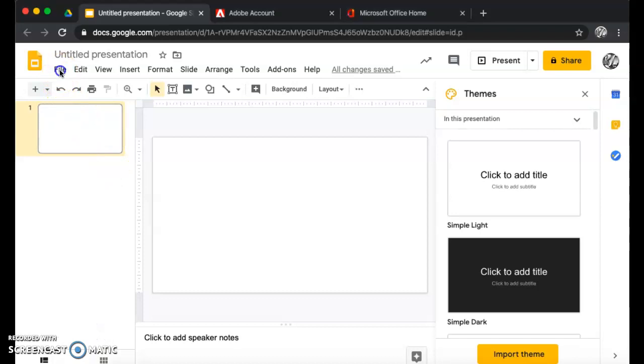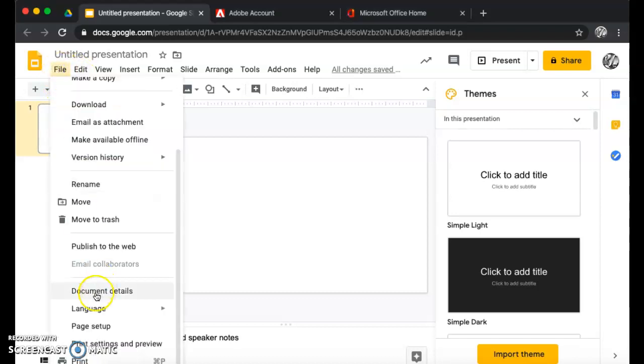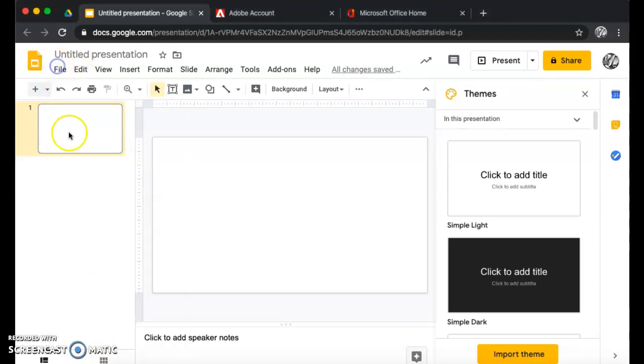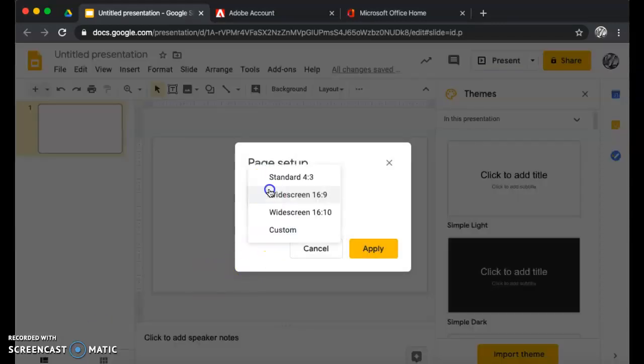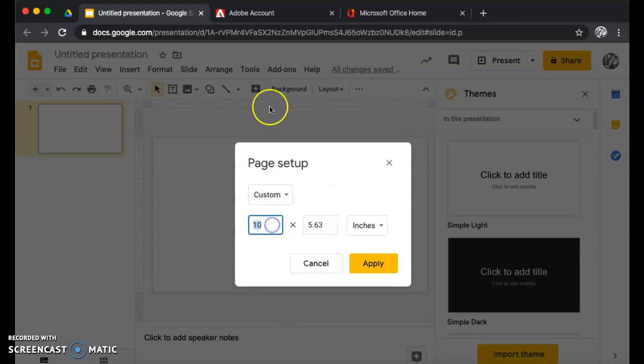So File, oops, sorry about that. Page Setup. Maybe the third time's the charm. There we go. Page Setup. Change the size of the page to a regular piece of paper, which is 8.5 by 11, and click